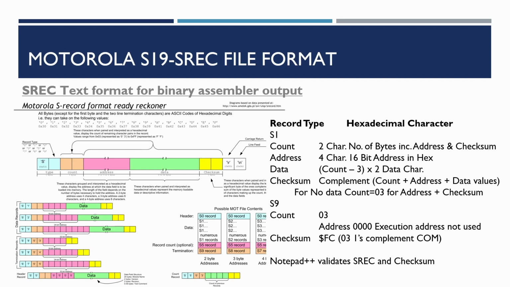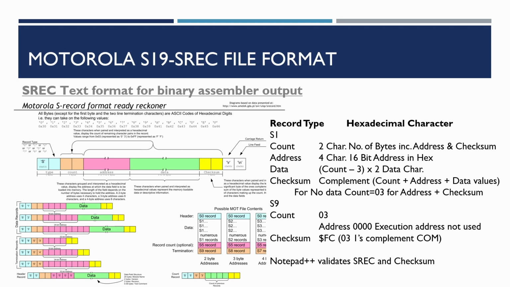And for no data, the count will still be 3, so it will be 03, for the address and the checksum. So 2 bytes for the address and 1 for the checksum. And in fact, the S9 record generally only includes the count of 03. The address for the moment we'll just be using as all zeros. It would be possible to extend the monitor to take that execution address and perhaps preload the go value for the monitor. But at the moment, the monitor doesn't save the previous go value used, so we can't really use it at the moment. And then finally, the checksum will just be the sum of the byte values, which is going to be 3, and the complement of that is FC.